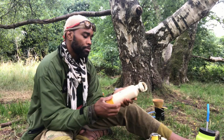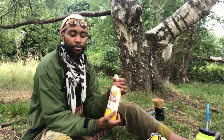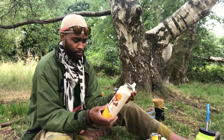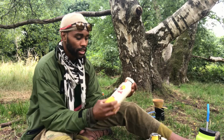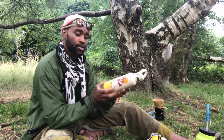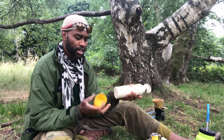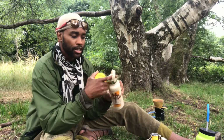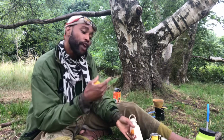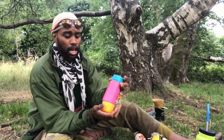HydroFlask. So I'm not saying this is my favourite, that's my favourite, and both the brands do the same thing for me. I love HydroFlask for the fun. They do so many fun things. So this was a fun collaboration which they've done with national parks in the States. This is the Joshua Tree version. HydroFlask are really fun because of these little rubber silicone boots, because they also do lots of layering colours, and Klean have only just started doing those matte finishes. But these boots, yeah,